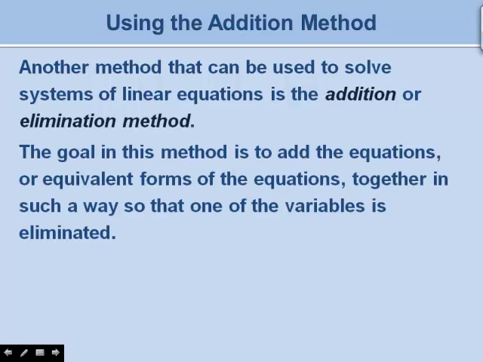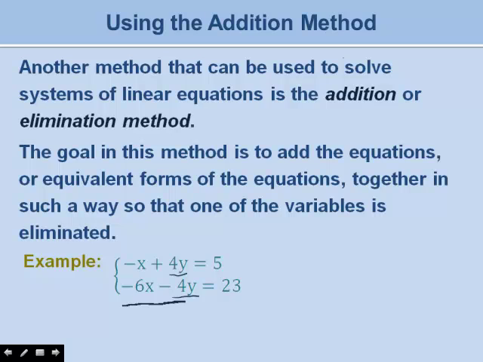The goal in this method is to add the equations or equivalent forms of the equations together in such a way so that one of the variables is eliminated. For example, if we had this system of equations, notice that the first one has a 4y and the second one has a negative 4y. So if we could add corresponding pieces of these two equations together, the 4y and the negative 4y would cancel each other out. And that's exactly what we're going to do with these in this method, is that once we line up the variables and the constants so that they're in the same positions in each equation, then we can actually just add the equations vertically